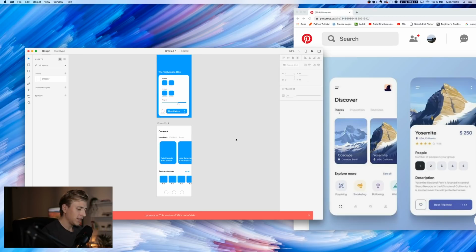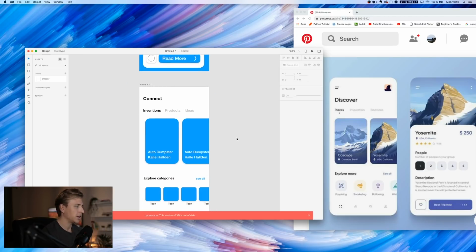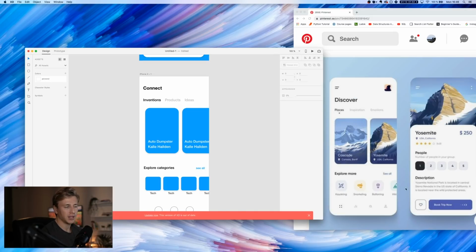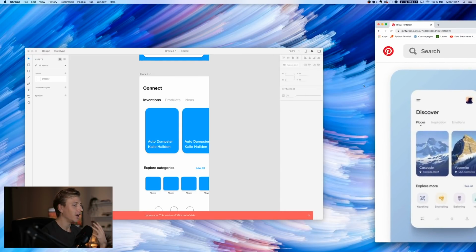All right, so these are the pages that I've come up with so far, or the design that I came up with. It's pretty much based on this design that I found on Pinterest, so I'm kind of stealing a little bit of what they created here. Anyway,